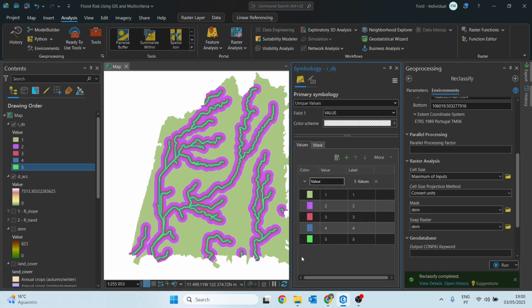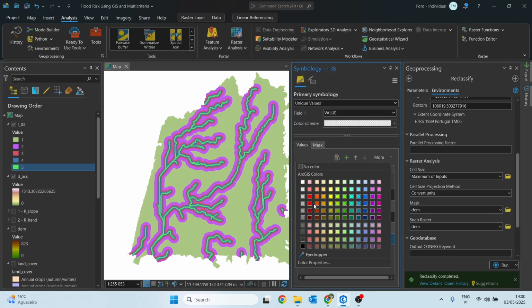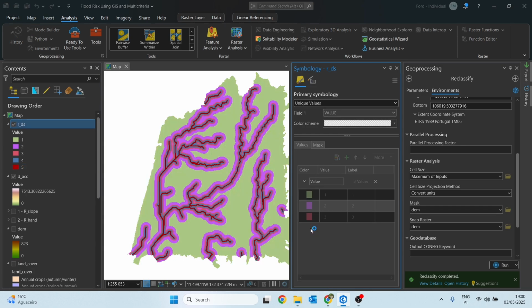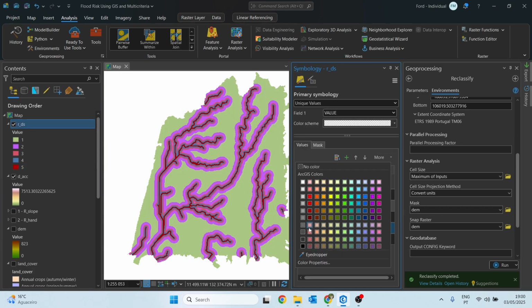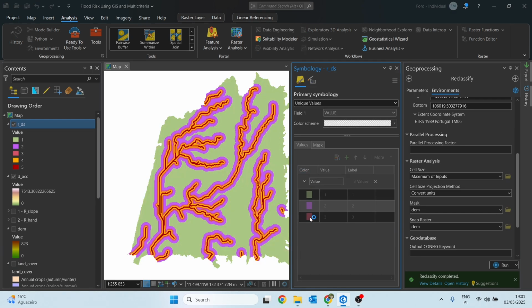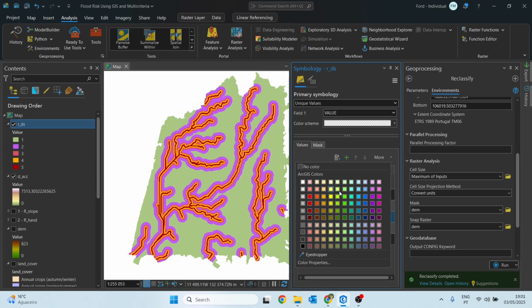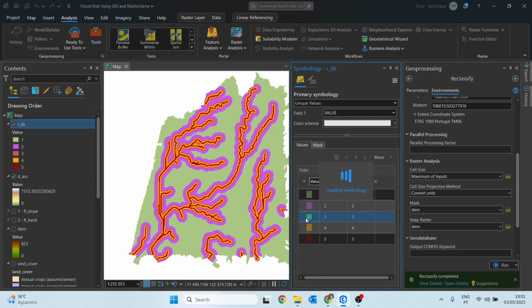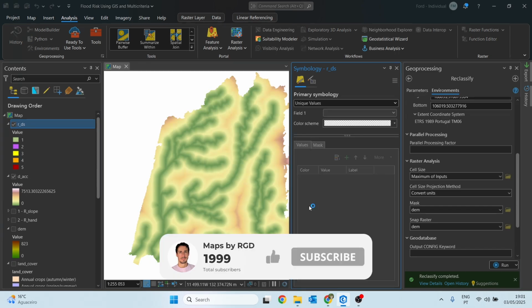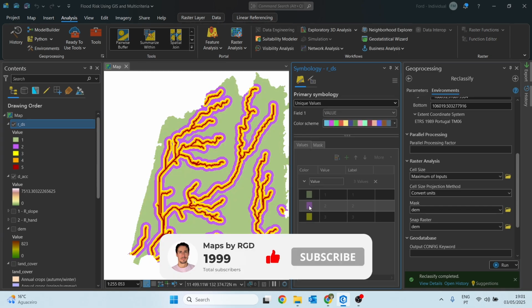So remember, the 5 will have a color red. Number 4, we choose the orange one. 3 will be yellow. Not green, but yellow. 2, this one is the green one.